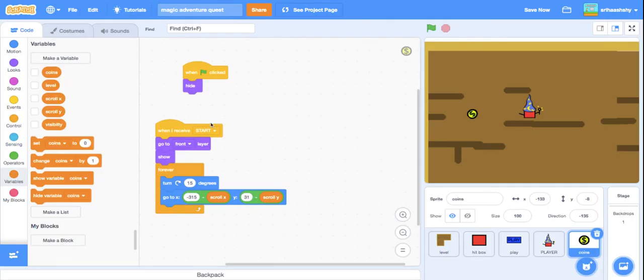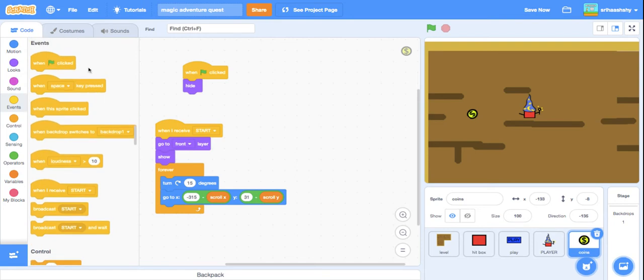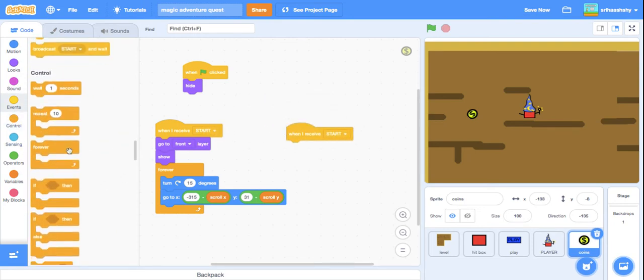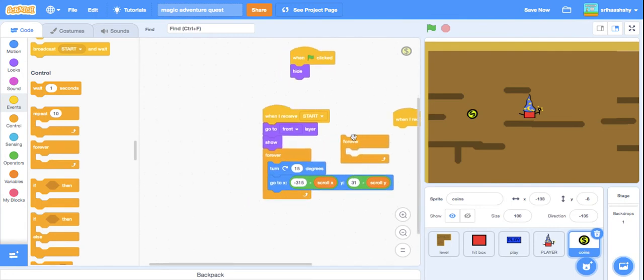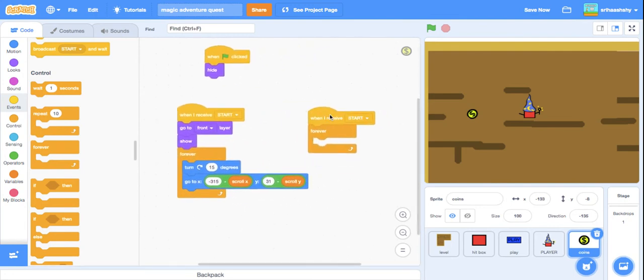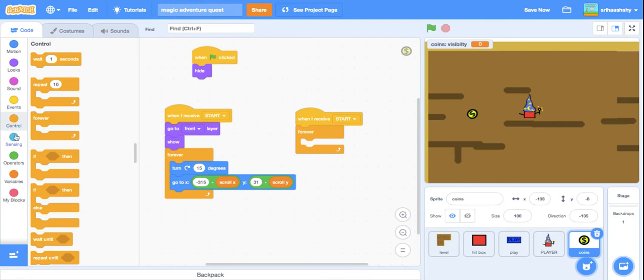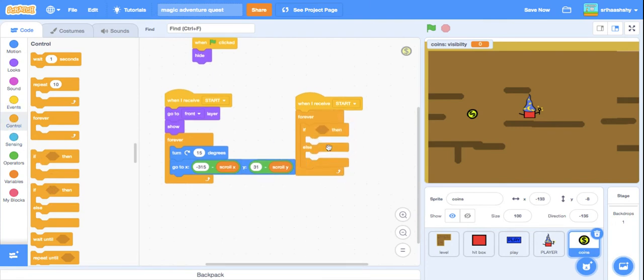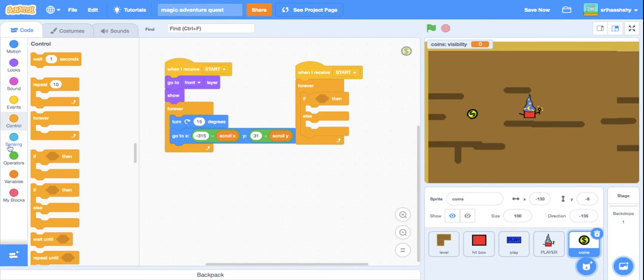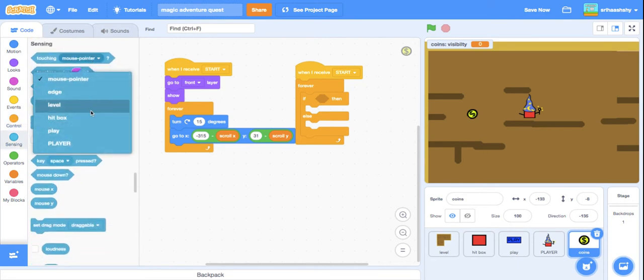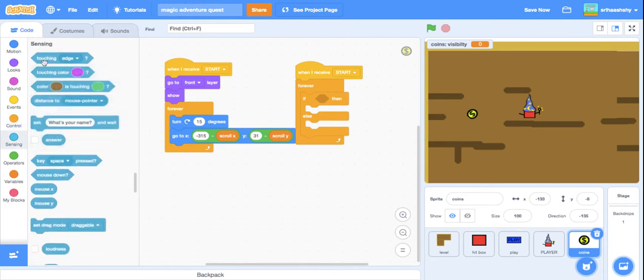Click OK, and then grab when I receive start, forever loop. Let's show this visibility too. So let's grab the if else statement, then grab if touching edge,